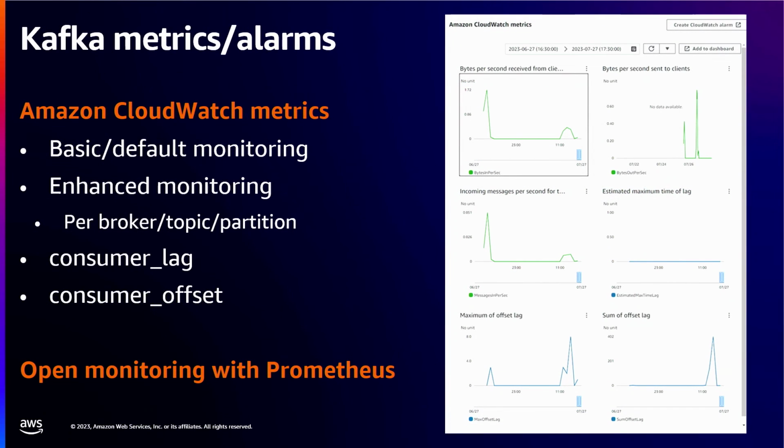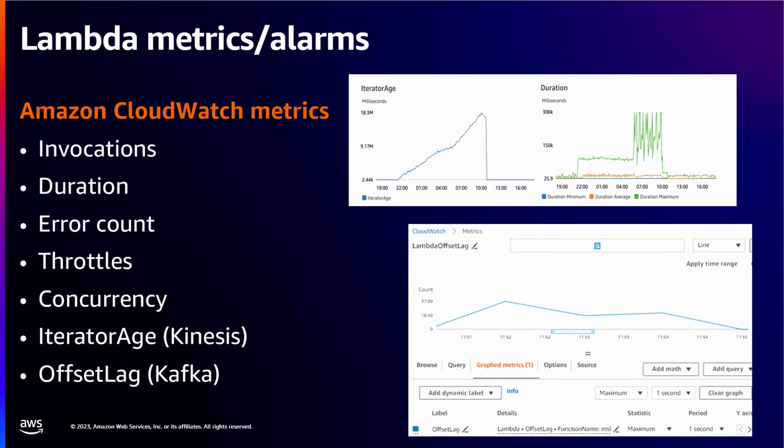On the Kafka side, MSK Serverless, as part of AWS, is integrated with CloudWatch, and you can also push self-hosted Kafka metrics to CloudWatch as well, so you've got one place for all of your metrics. I don't need to go through it all, but similar to Kinesis, there's default monitoring and enhanced monitoring, and you can monitor the consumer lag and the consumer offset to know how your consumers are doing. And of course, you can also use Prometheus for your streaming metrics. In the Kafka world, Prometheus is super useful and super important, and it is also natively supported.